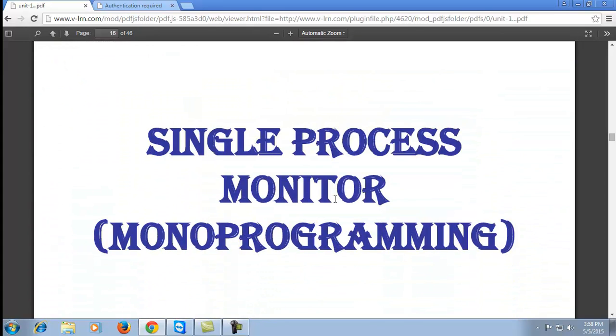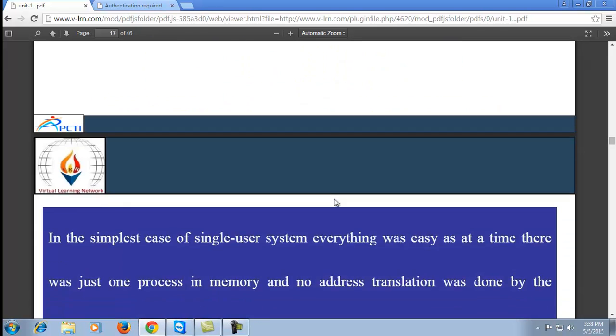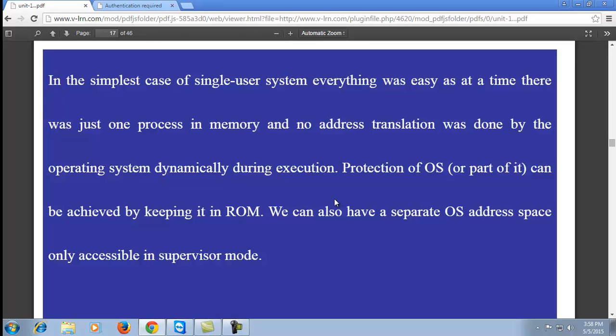The next topic is single process monitor, monoprogramming. In the simplest case of single user system, everything was easy, as at a time there was just one process in memory and no address translation was done by the operating system dynamically during execution. This is the situation when a single task inside the system for execution is dynamically allocated